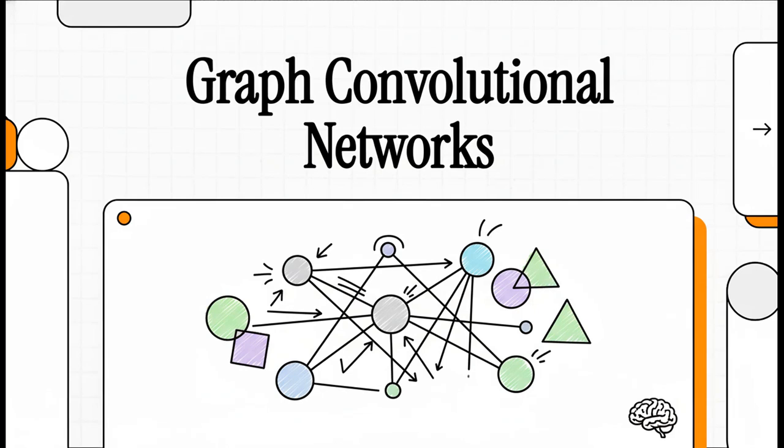Ever wondered how your social media feed knows exactly who to suggest as a new friend? Or how a bank can spot one fraudulent purchase in a million legit ones? Well, the secret is all about understanding connections. So today, we're going to pull back the curtain on the AI that makes it all happen, Graph Convolutional Networks,